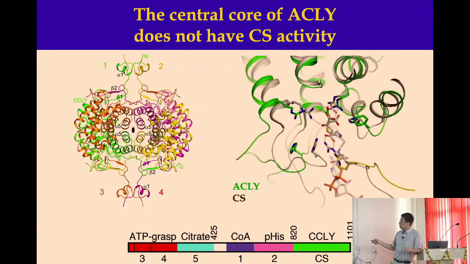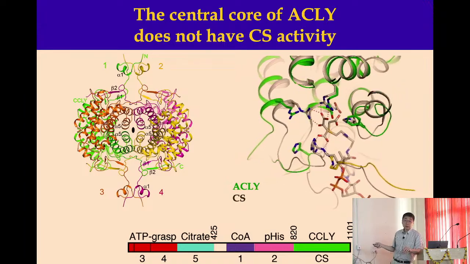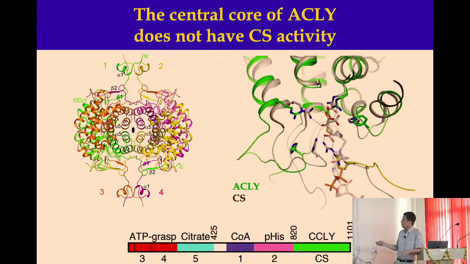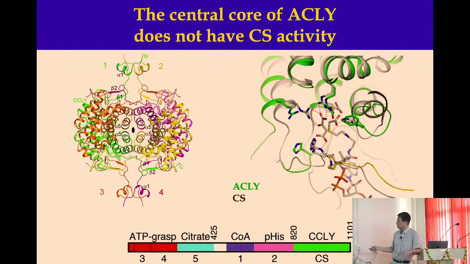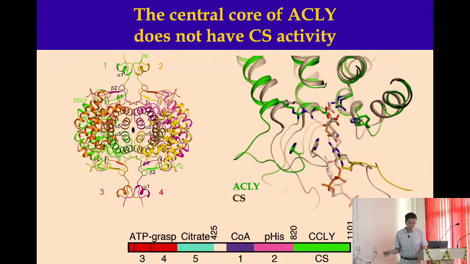Because of that, you'll see on the next slide, this histidine is critical for citrate synthase. So that means ACLY does not have citrate synthase activity. Instead, it's a different enzyme. We think it's a citryl-CoA lyase, the one that breaks down citryl-CoA, the last step of the